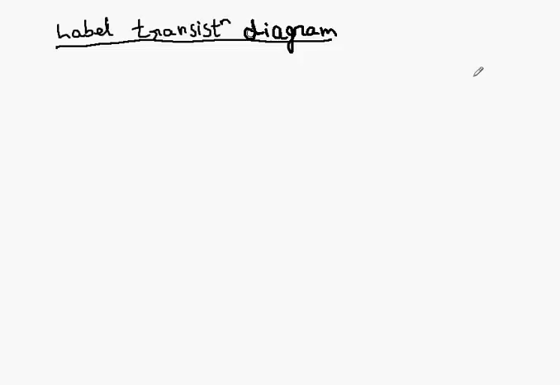In this video, I'll be talking about a simple concept of process algebra, that is labeled transition diagram, which is actually the most basic concept. In this video, I'll be talking about labeled transition diagram, which has states, transitions, actions, and in states we have initial and final states. Consider a labeled transition diagram like this, which has an initial state